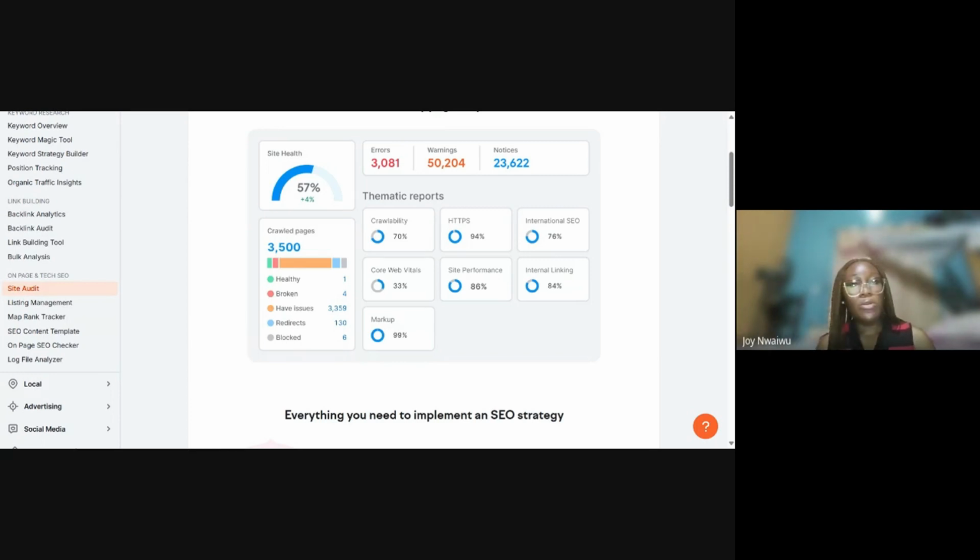For example, your primary keyword can be something like buy Nigerian women shoes. Then your secondary keywords can be black Nigerian women shoes, flat Nigerian women shoes, Nigerian women shoes for bikers, various variations of that primary keyword.